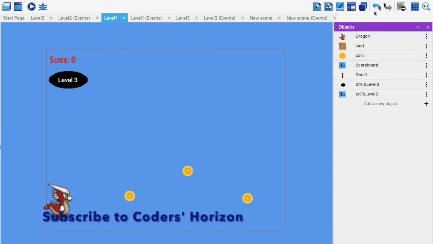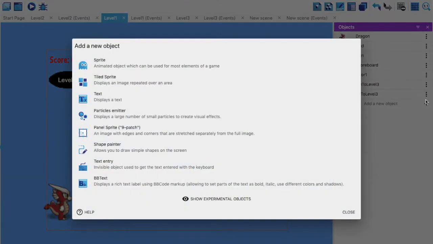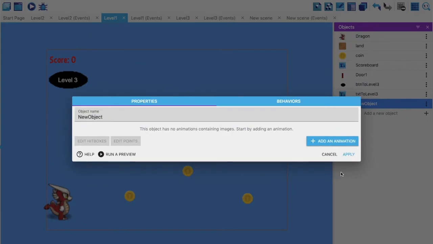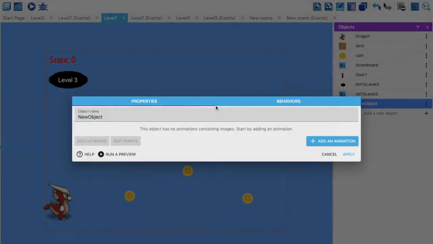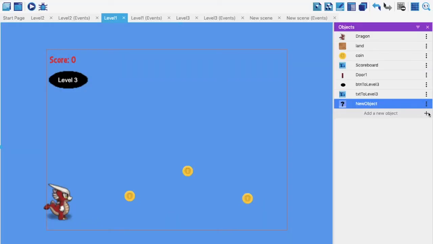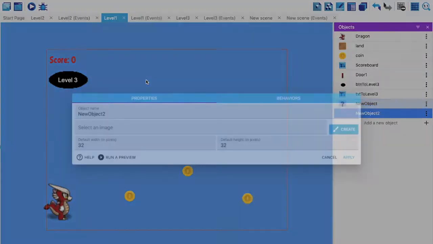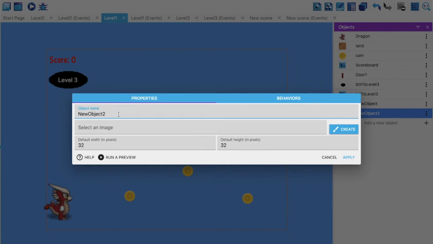So let me add one more sprite. This way we will revise how to add a sprite. We will be taking a tiled sprite because we are making a stretched tiled land.